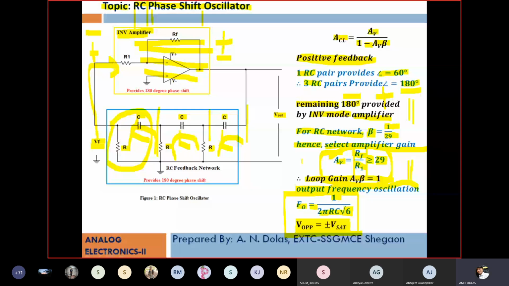Yes, anybody? Okay, because I am moving to the numerical based on this. We'll solve one numerical. What is my plan? You can see the PPTs that I am sharing with you. They contain the circuit diagram and some brush up knowledge, what is an amplifier, oscillator, whatever, in every PPT, in every topic. Then the analysis of this circuit, and then the formulas, how the formulas or output are derived. Then next is a single numerical based on that.